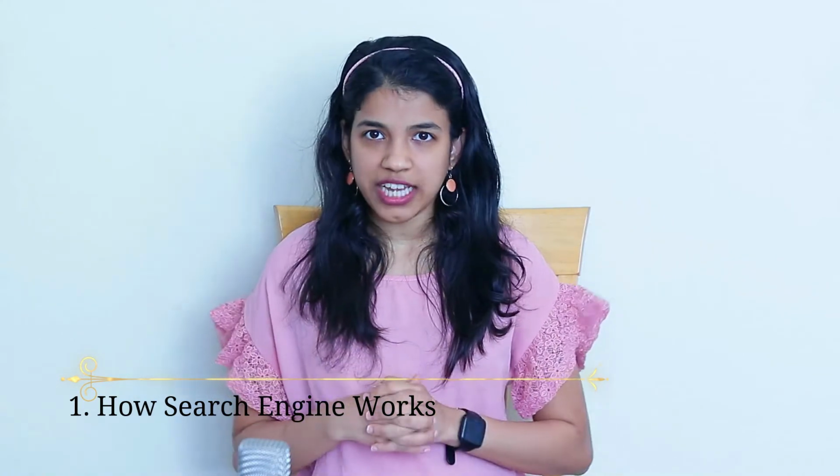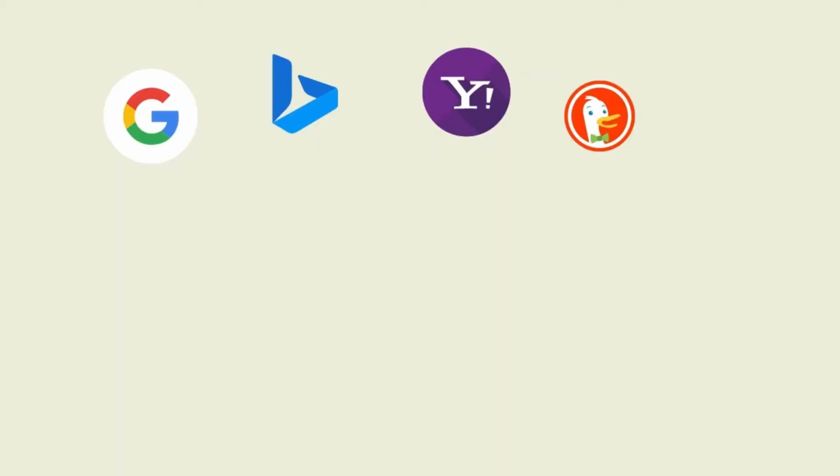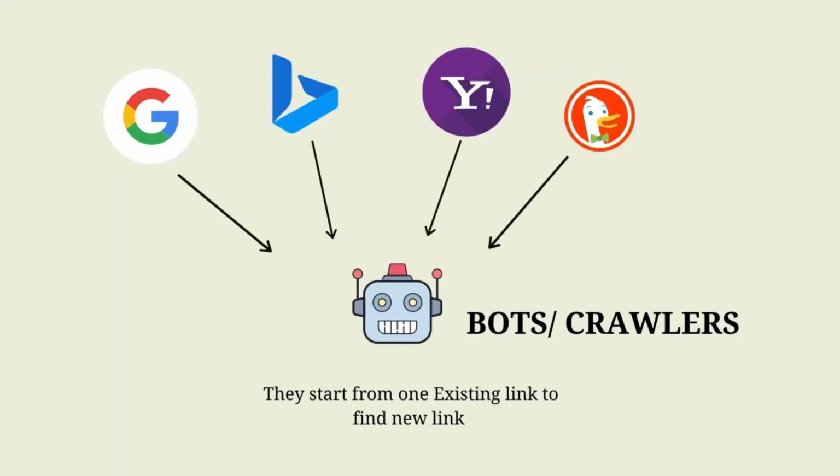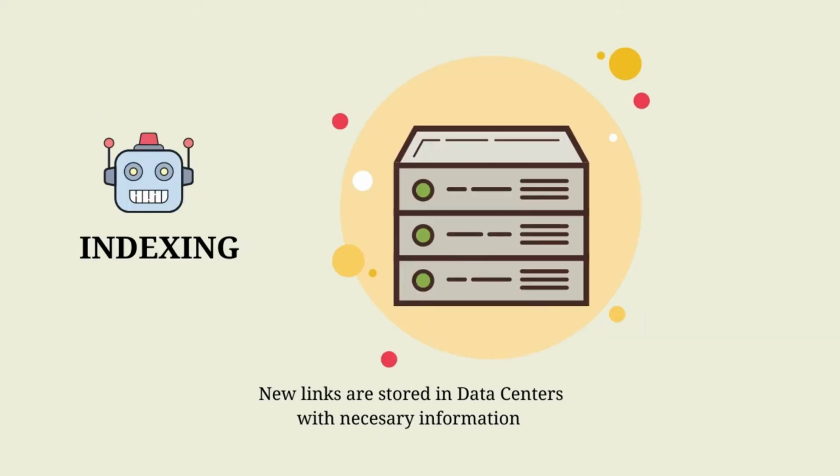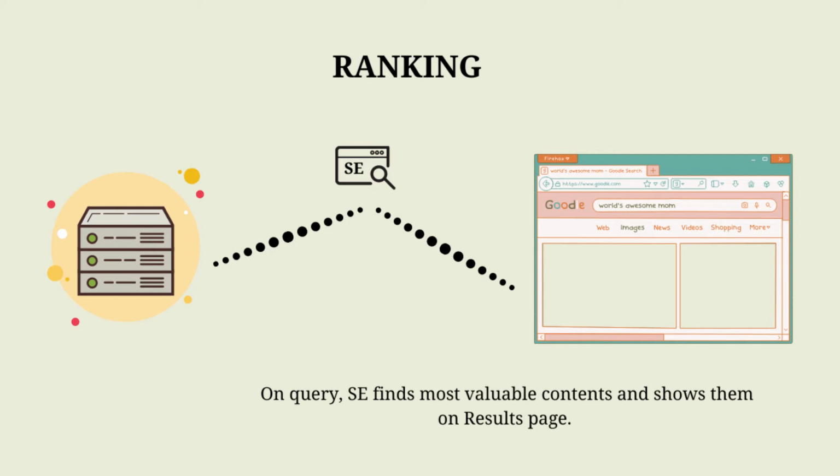To give a brief explanation, every search engine, for example Google, has its own Google bots or crawlers that crawl from one existing link to new links that they find every day on the internet. This function is called crawling, and after they crawl, all the new information is stored in their data center, which is called indexing, the second function. And the third function is called ranking. When a user searches for particular information, the Google search engine scores through millions and millions of indexed pages and presents before the user the best and most useful content on its results page. So that is how a search engine works.